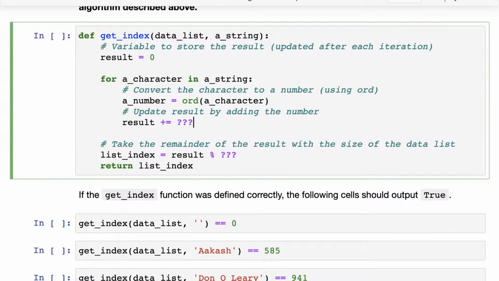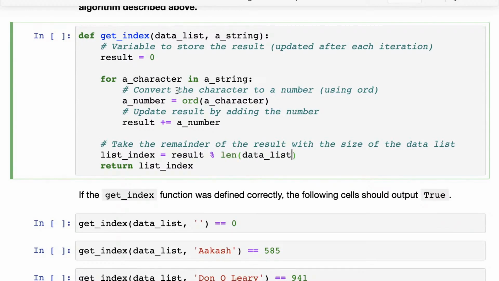Great. Then we update the result by adding the number. So we say result plus equals number. Pretty straightforward. And that repeats for all the characters in the string. And then we get back the final result. Now that result may be longer than the actual size of the list. And this is where we may then want to check the size of the list.